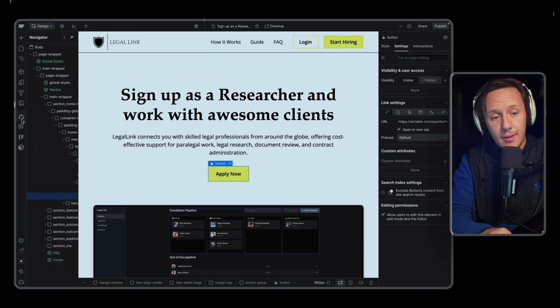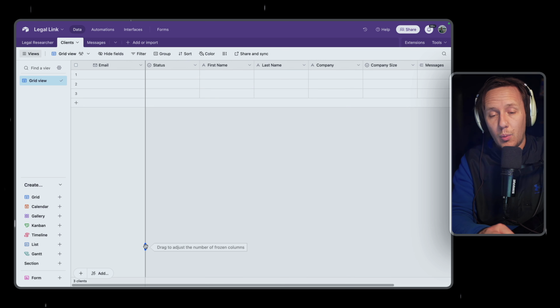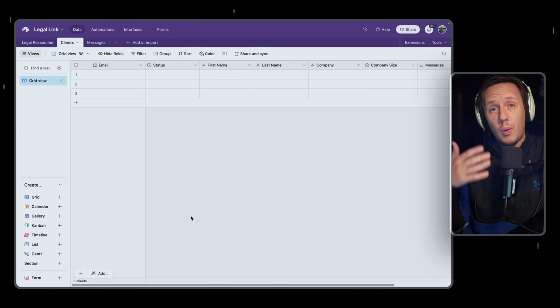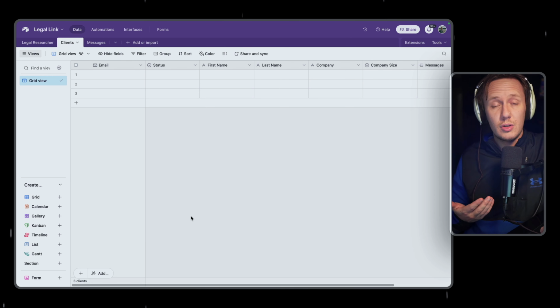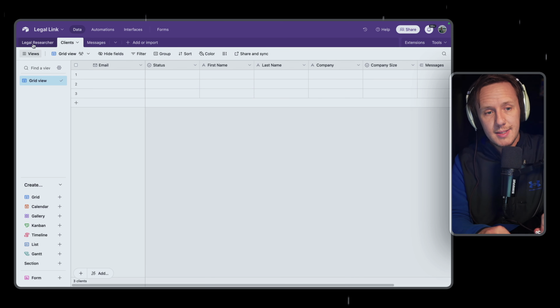Now, really, the key to success is to find information and populate it with data, so that later on, when in one of the future videos we talk about some of the automation tools, you can actually build a system for reaching out to clients, okay? And that's what we're going to be talking about next week. But for now, that is the next step in all of this. Build the first version of your database, keep it simple, don't overcomplicate it with the amount of fields that you need. And as soon as you have that all done, then it's going to be a lot easier in the next video to learn how you can actually automate the process of sourcing clients, and then also do things like reaching out to